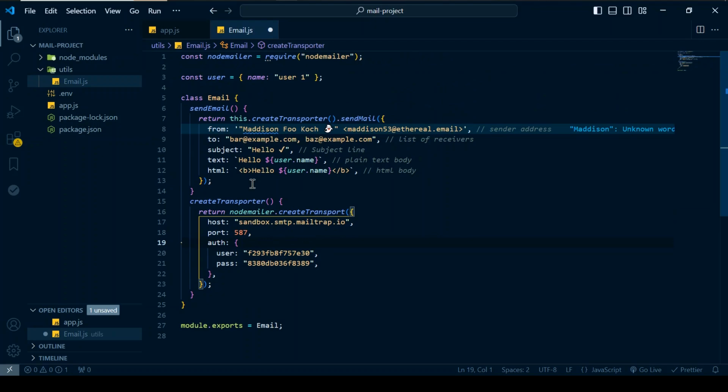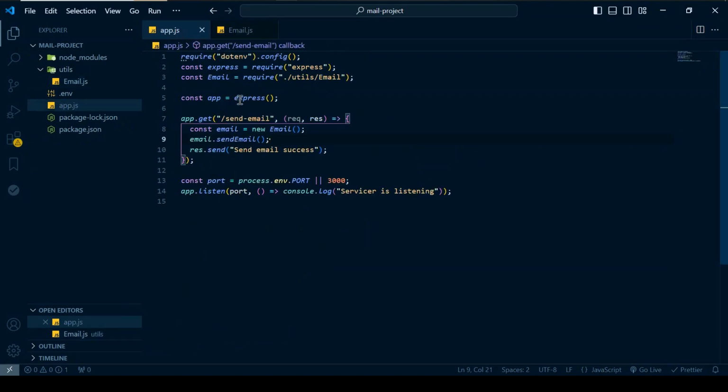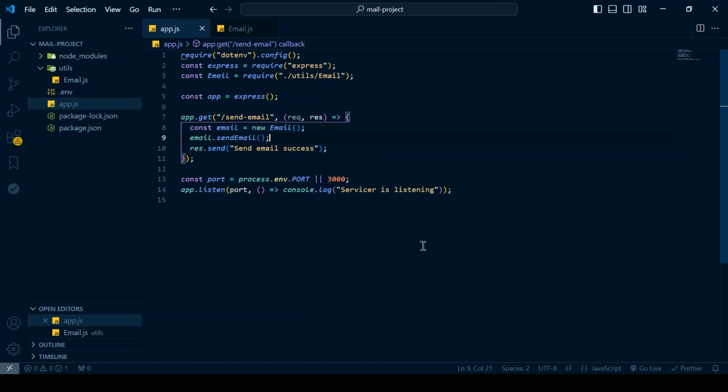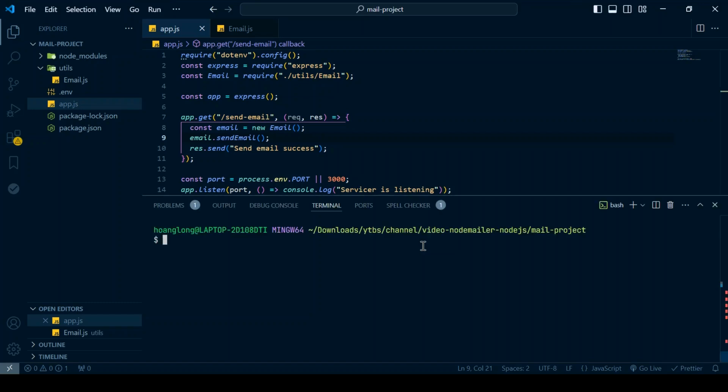Okay. And after we configure our transporter, we can use our email in our app.ts file. We can import this Email here, and then we can create the Email instance and then send the email right here, right? After that, let's run our application.